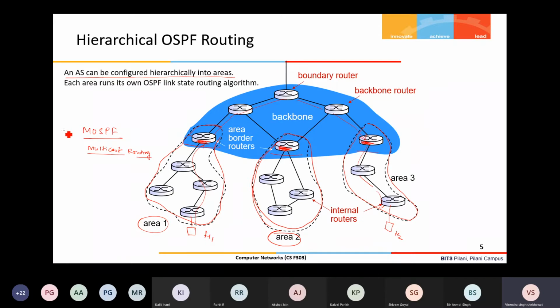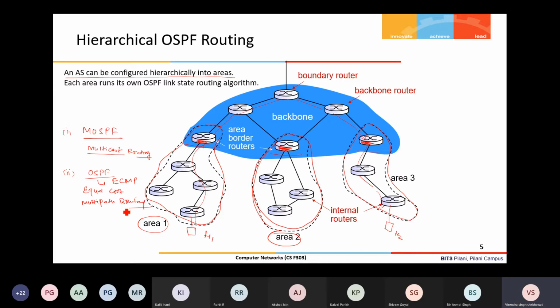And one more upgrade, which is more recent, a few years back, is equal cost multipath routing. It is called the OSPF ECMP extension. ECMP, equal cost multipath routing.